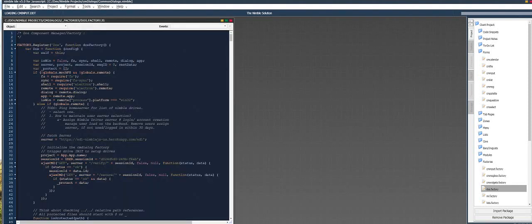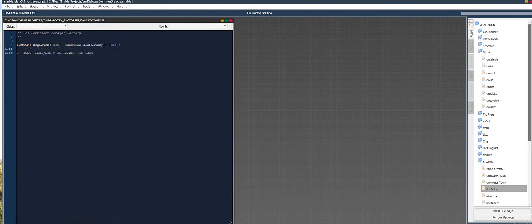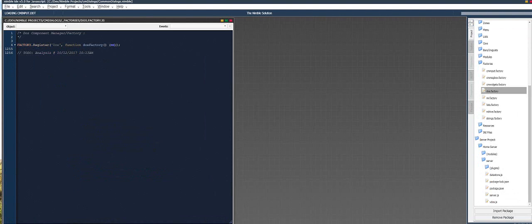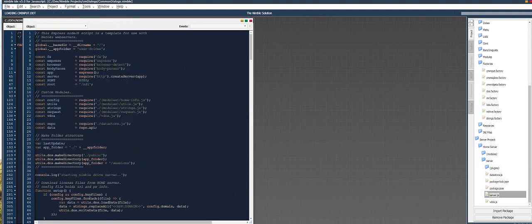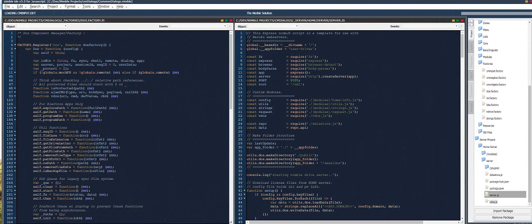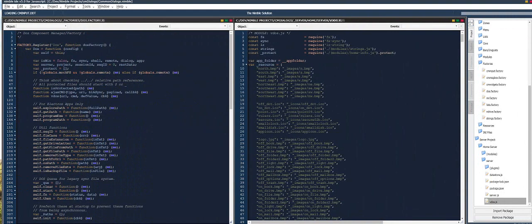So I'm going to give you a look at how I would use Nimble in a full stack environment. We're going to look at the Nimble Drive file design or web service design, in which the DOS factory is the library that goes on the client. It would then send a message to the server and then execute the code on the VDOS or virtual DOS